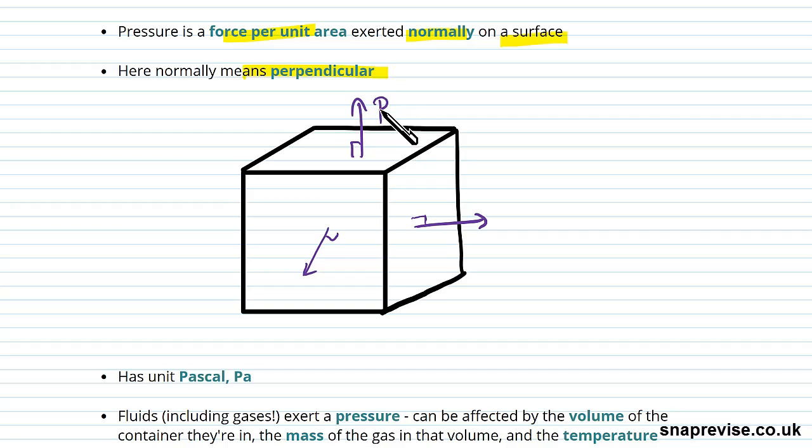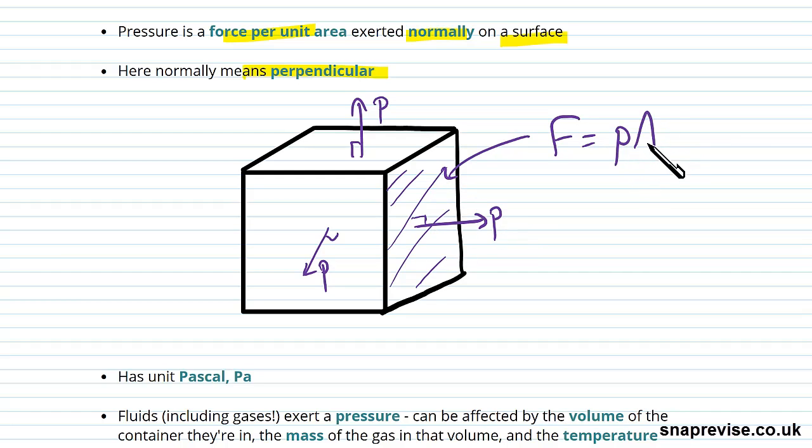The other thing we're going to notice is that pressure is a force per unit area. So we want to find the force acting, assuming that there's a constant pressure at every point on this surface, then to find the force on this surface of the box, let's say this one, the force is going to be given by P times the area of the surface. Because pressure is a force per unit area, we need to multiply it by an area